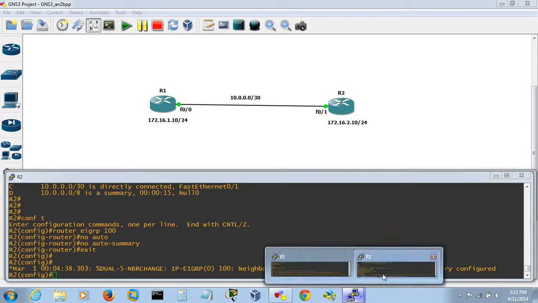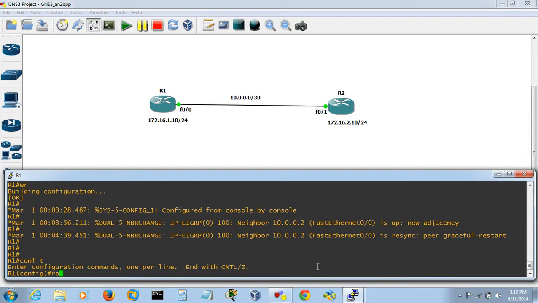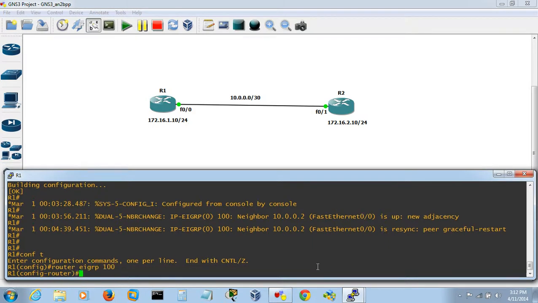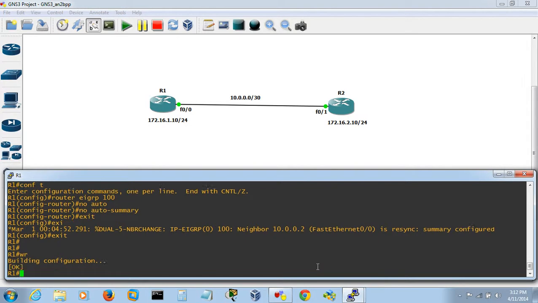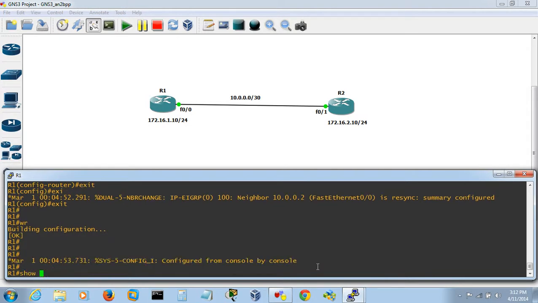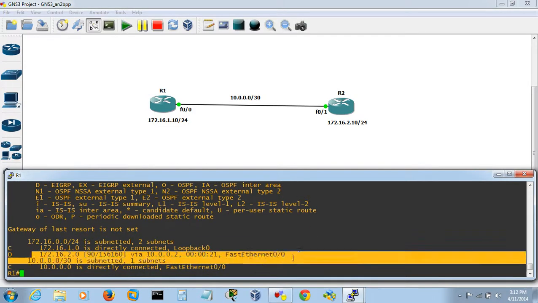Go to the other side and do the same thing. Router 1, conf t, router eigrp 100, no auto-summary. You can advertise it like this also, but you need to check show ip route. Is it clear now?